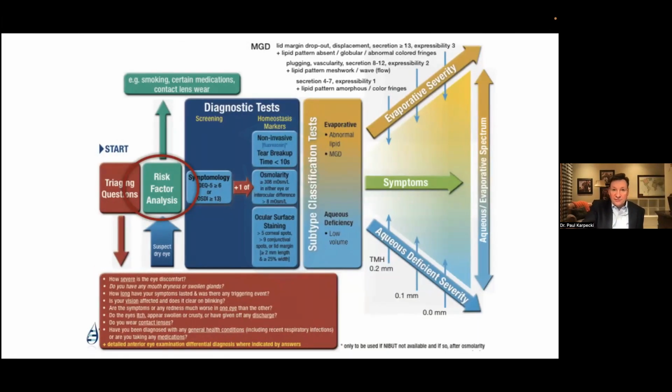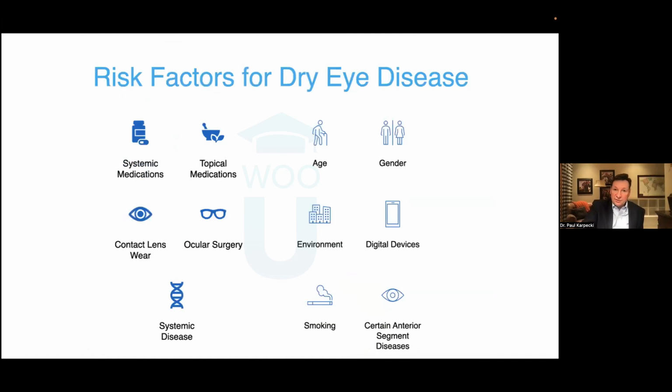Next, you want risk factors. I think you all would know the risk factors of dry eye: systemic medications like antihistamines, topical medications like glaucoma meds. Contact lens wear is a risk factor, as is ocular surgery. Age, gender are risk factors that play a role. Systemic diseases. In fact, the most common systemic disease with dry eye in it is thyroid disease. Second is diabetes. Third are autoimmune conditions. High correlation would be things like Sjogren's, but common correlations are thyroid, diabetes, and your arthritis and lupus type categories.